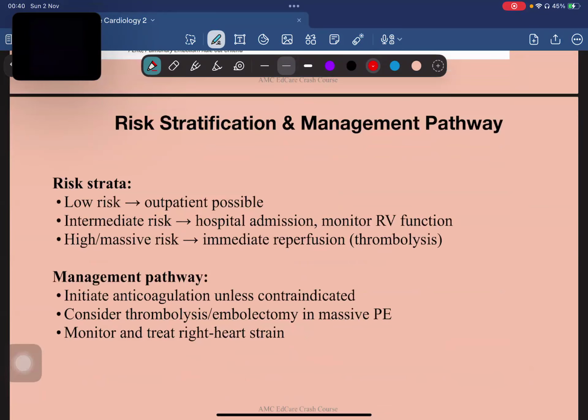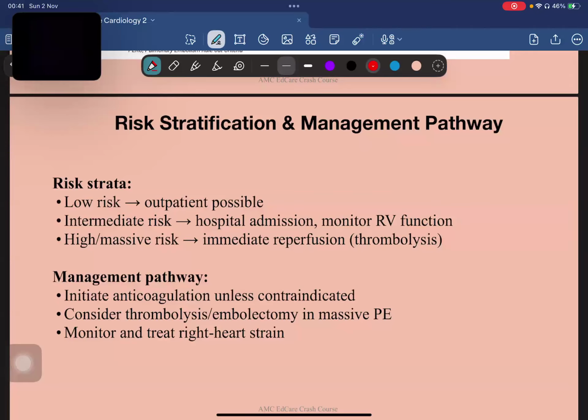And yeah, we could go to the risk and management pathway now. So once you have diagnosed pulmonary embolism, you should properly stratify the risk and then decide how to manage accordingly, pretty much the same way we did in the previous conditions as well. So low risk patients would be managed as outpatients, it's possible. And then there are intermediate risk patients who may need hospital admission and monitoring of their functions. And then high risk, like massive risk patients, would need immediate reperfusion. They would need immediate thrombolysis,